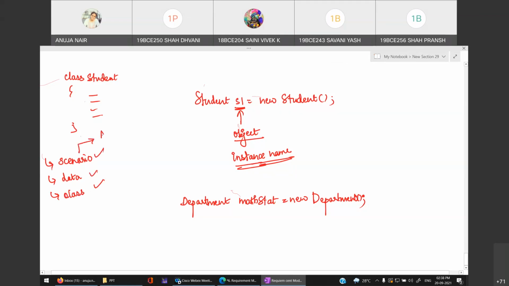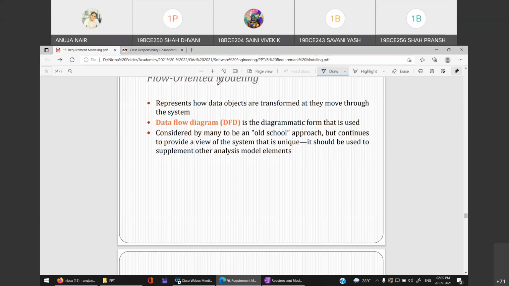In scenario you had use case diagram, activity diagram, and swimlane diagram, right? In data model you had ER diagram, in class model you had class diagram, CRC index cards, and object diagram, right? Now we'll jump to the next model, which is flow model.